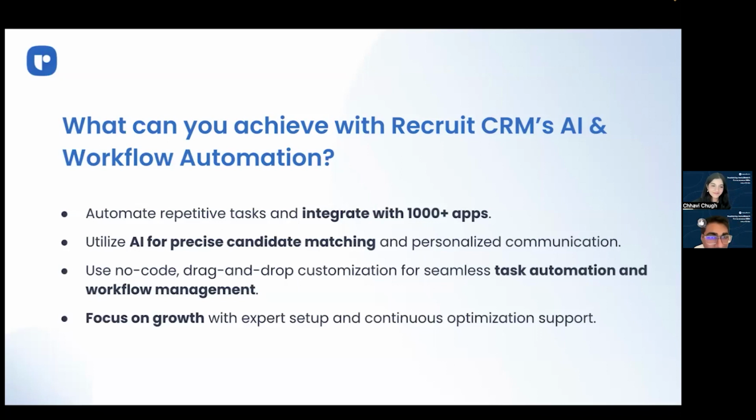Perfect. Okay, so the main topic for today is using AI and workflow automation to take your recruitment business, whether that is a perm recruitment, executive search, or contract staffing business, to the next level. Now, while this is a Recruit CRM powered webinar, so everything we talk about is how you can use Recruit CRM's AI features and workflow automation, most of this stuff is also possible using other tools. So if you use a different tool, please try to figure out how you can do similar things. A lot of modern tools will allow you to do a lot of what we're going to show you today,